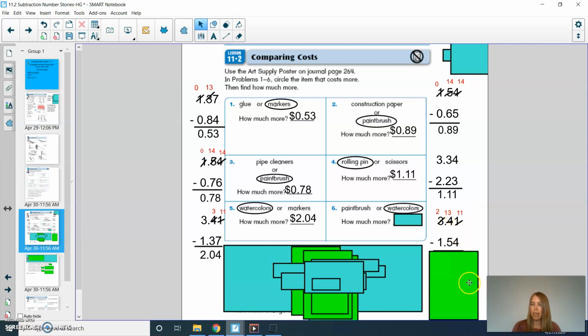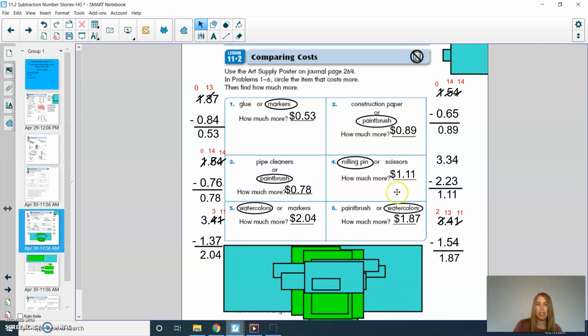My 1 now became an 11. 11 minus 4 is 7. Now I couldn't do 3 minus 5, so I went next door, changed the 3 to a 2, and this 3 now became a 13. 13 minus 5 is 8. 2 minus 1 is 1. My decimal point comes straight down, giving me